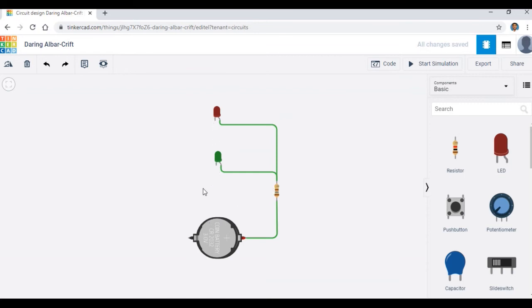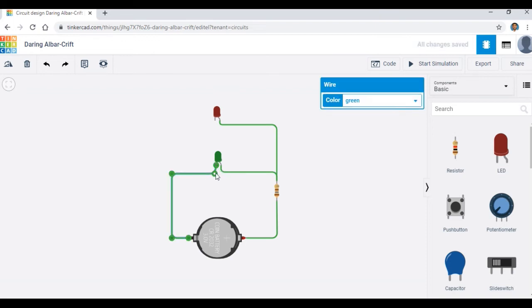We are left with 3 negative connections: the negative of this 3 volt coin battery, the negative of this green color LED, and the negative of this red color LED. Now we have to connect all these 3. I'm just rearranging this.